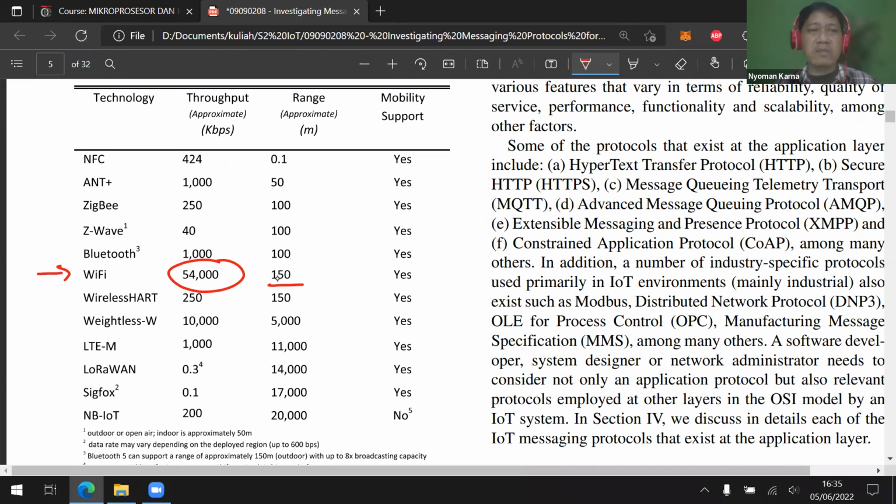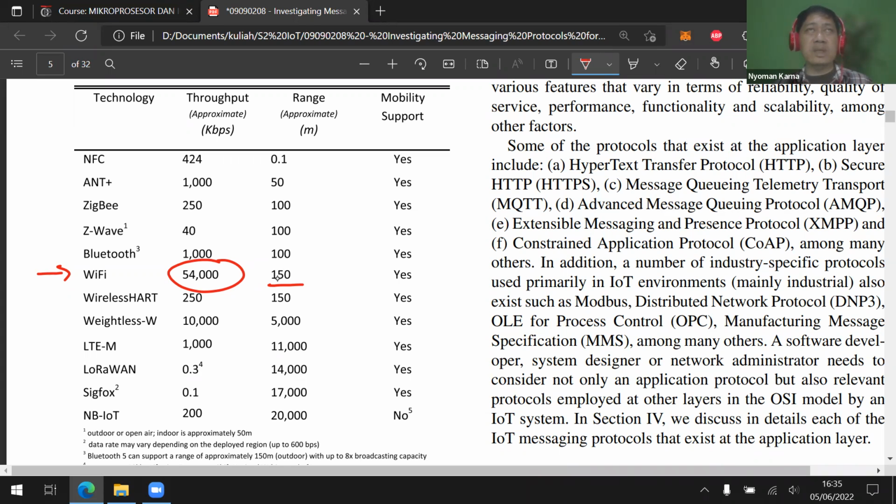Okay. However, if we're going to implement the IoT device or IoT system, let's say in the tea plantation, maybe you remember the tea plantation, it will be placed on the hills or maybe on the mountain, and there are no buildings, and we expect that there is no electricity there.